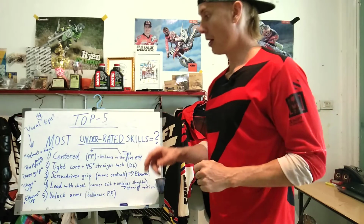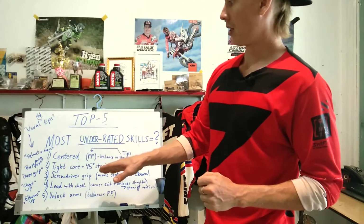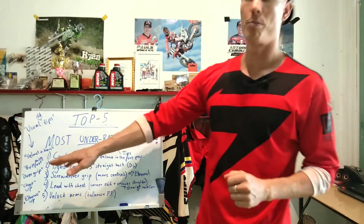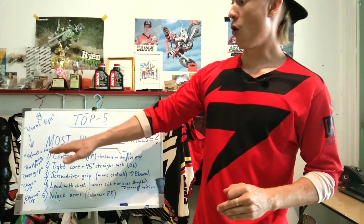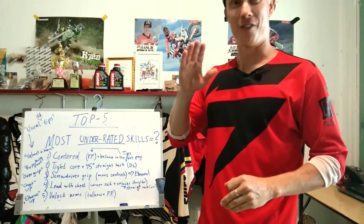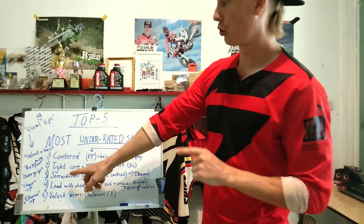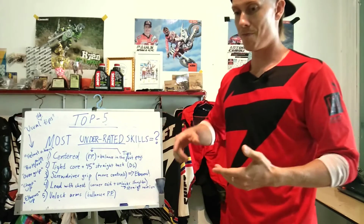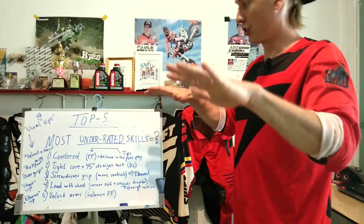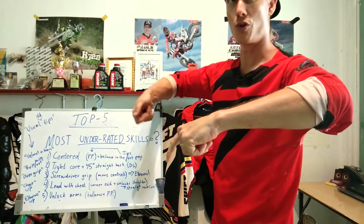Number 3, screwdriver grip is my number 3 most underrated skill. And the normal thing you have maybe heard is to overgrip the handlebars, and that's like the most stupid advice I've ever heard. Instead of overgripping, you should screwdriver grip. And what does that mean? Well, it means gripping the grips as a screwdriver. So instead of gripping straight on like this, you grip it as if you're going to turn a screwdriver